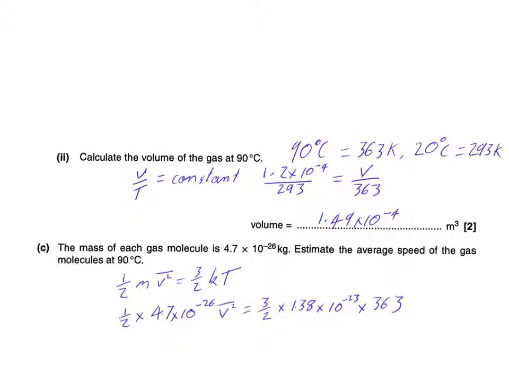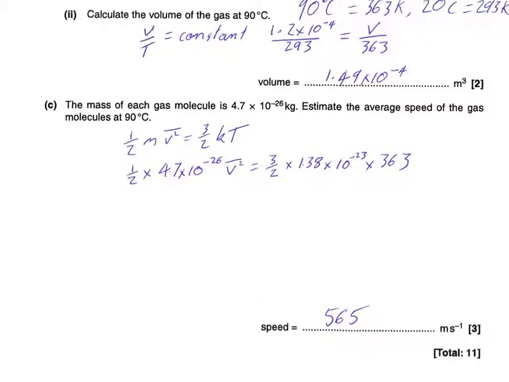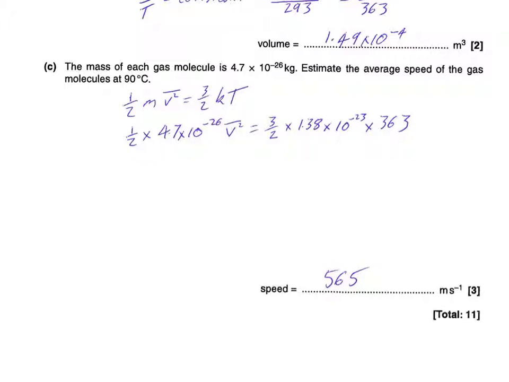C then is saying that the mass of each gas molecule is that value. Estimate the average speed of the gas molecules at 90 degrees C. And what we're doing here, they're testing, can you remember that the average kinetic energy is 3/2 kT. Half times the mass times the average of the velocity squared is 3/2 kT. So all we're doing then is lobbing some numbers in. We've got a half times the mass from here is v squared bar, 3/2 k from the formula booklet, T